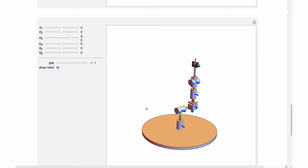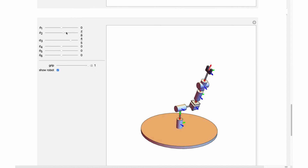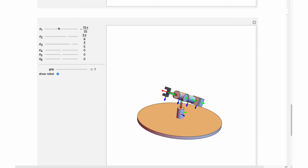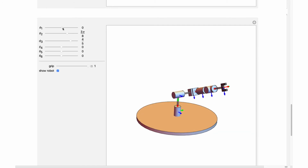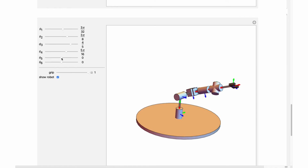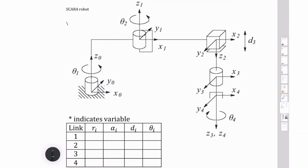And we can tip off axis, rotate theta 1, there, and then we've got our spherical wrist. So let's do the forward kinematics for the SCARA robot. And so we've been kind enough to already draw in the axes,